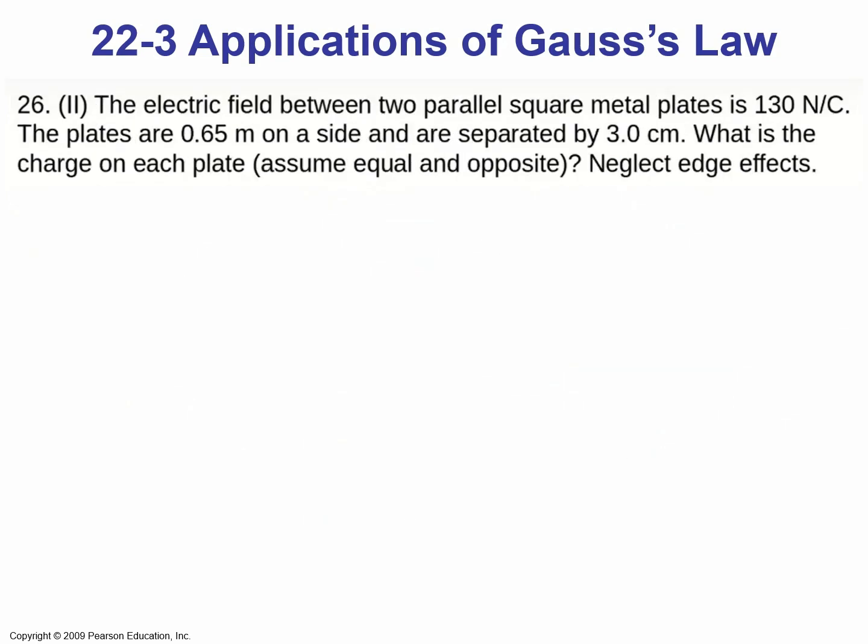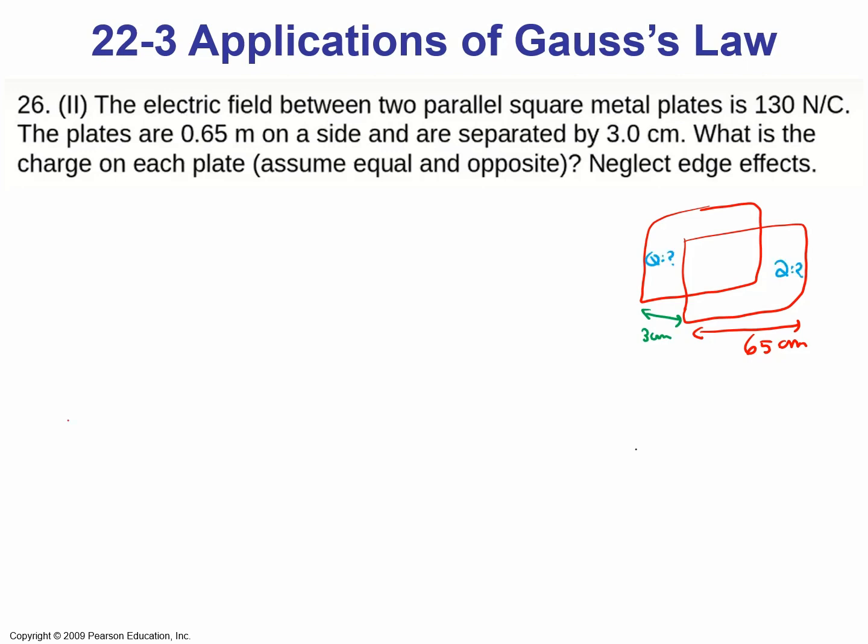Okay, another example, problem number 26 from the textbook. The electric field between two parallel square metal plates is 130 Newton per Coulomb. So we have two square plates in parallel, and the size of the plates is 65 centimeter, and they are separated from each other by 3 centimeter. What is the charge on each plate? Alright, to solve this problem,